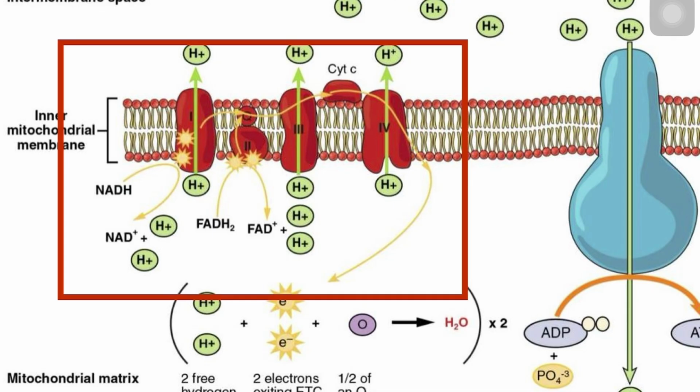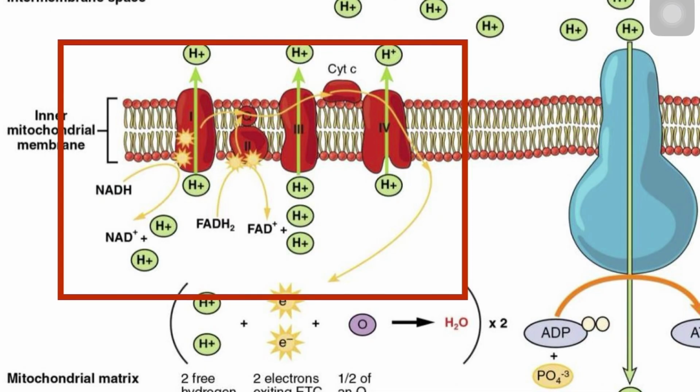So again, from coenzyme Q, electrons are passed to complex 3 and then to another carrier called cytochrome C, and then this cytochrome C will move them to complex 4, or the cytochrome C oxidase. And at each step of this chain, the electrons will also